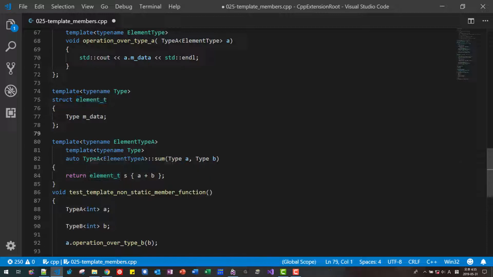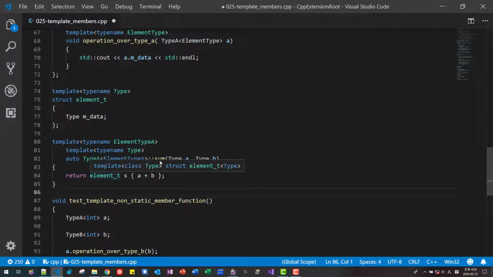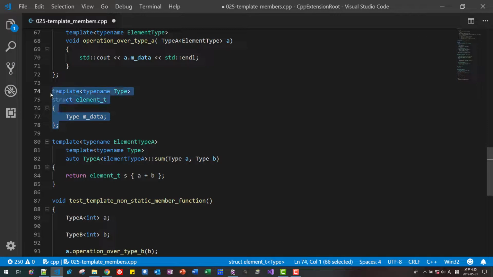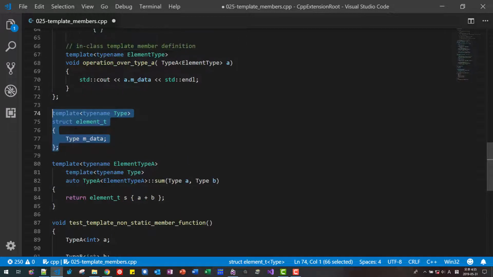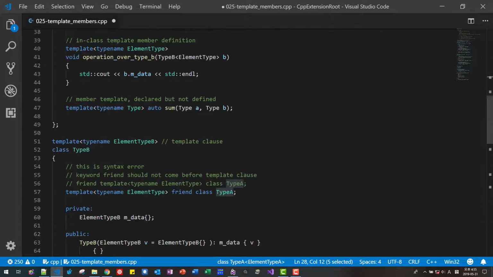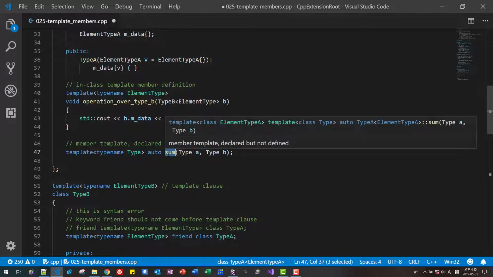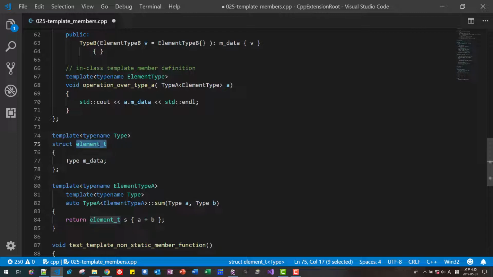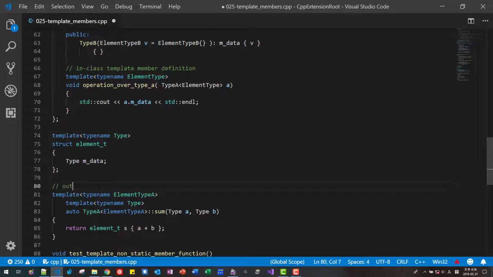Because we defined this function, we defined element type here, and for some reason we cannot move before this type A. Then we want to define some function, and this some function returns this element type. So we have to define this sum after this type. This is out of class definition of type A, element type A,